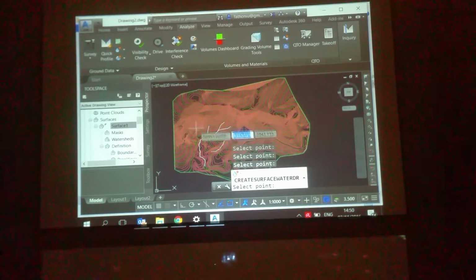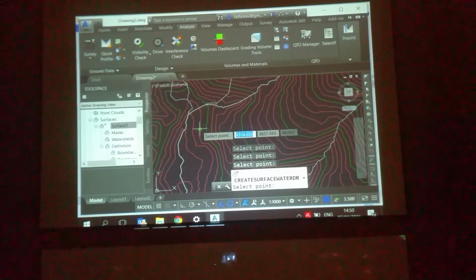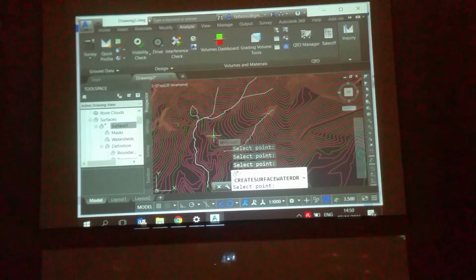What you need to do by having this information, so you can design, you can mitigate. Prevent the flooding on the area by preparing a drainage system properly surrounding your area.